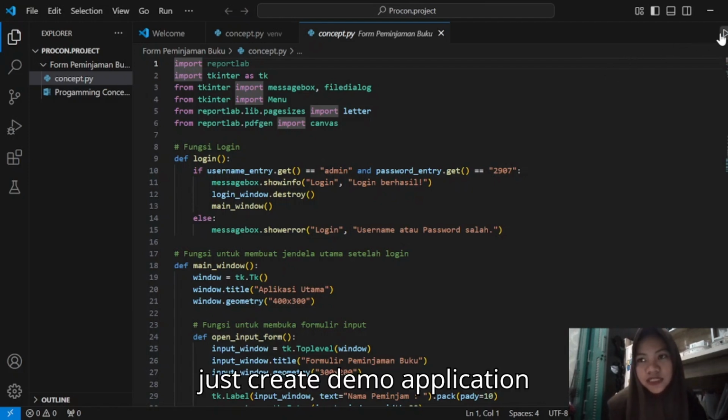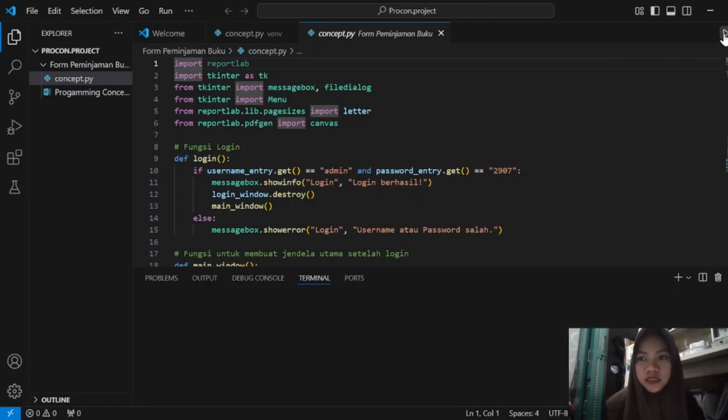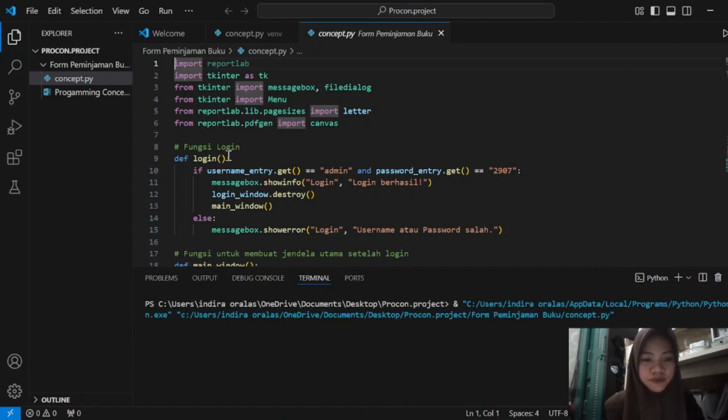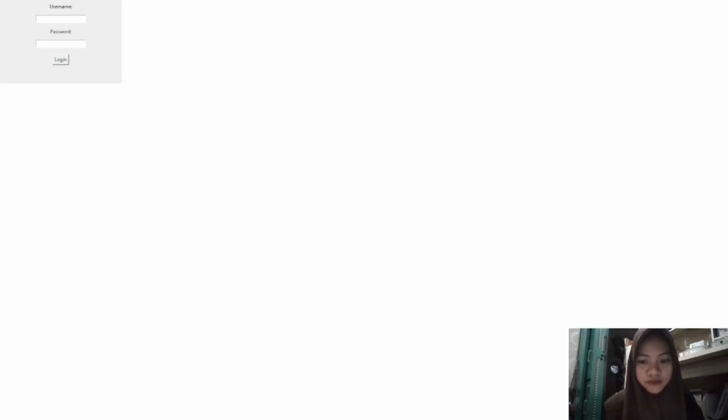Let's just create the demo application. Run Python. Then we move to the login.